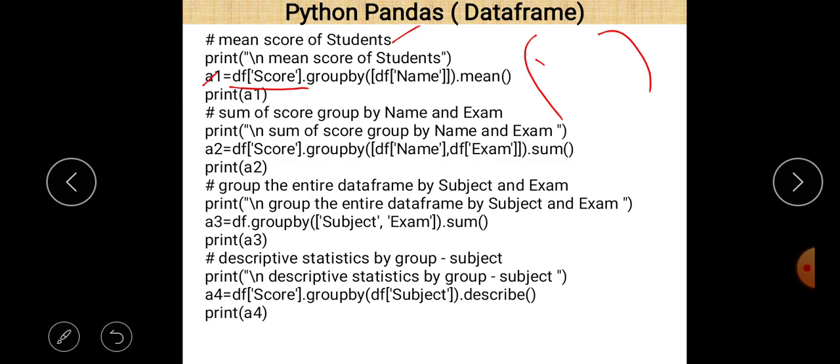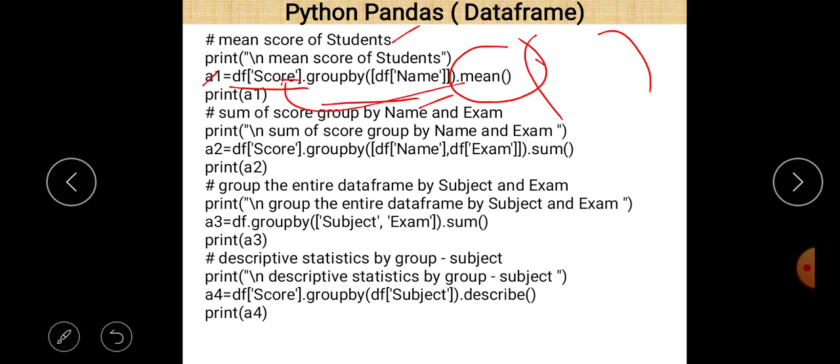And after that, if you want to make a group on the basis of name, then dot groupby and df name is here. So the group is made on the basis of the name column. And you want to calculate the mean, because an aggregate function should be used, so there is an aggregate function named mean. So the mean of the score will be calculated,